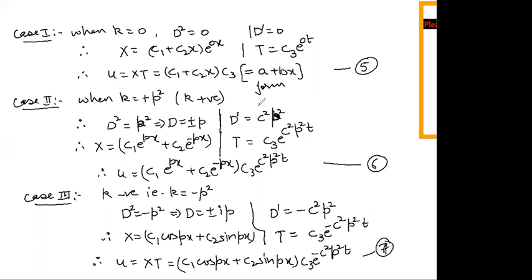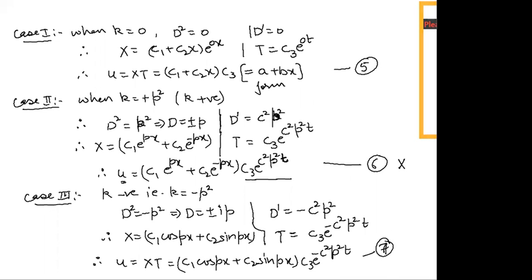And I told you this also, that this solution is discarded. Reason that when t will take very large values, accordingly u will take even larger values, because it is the exponential function of t. And this can never always happen, that when t is taking larger values, the temperature is also increasing always. So this is not possible. So the 6th case is always discarded, and out of 5th and 7th, we take the solution accordingly.